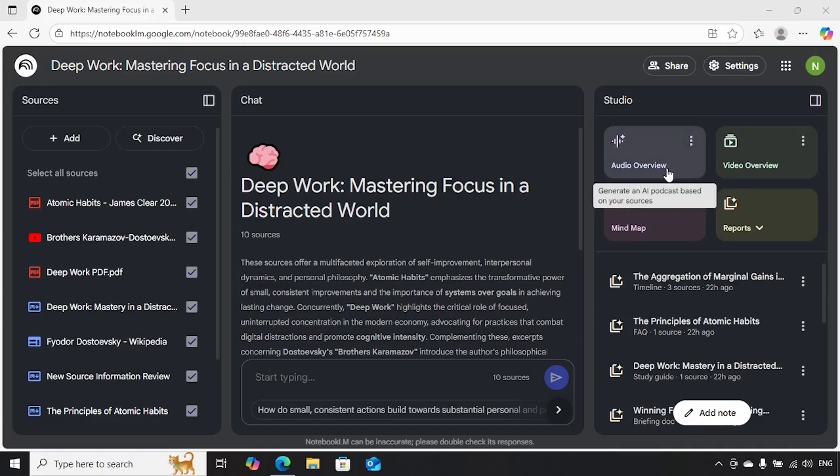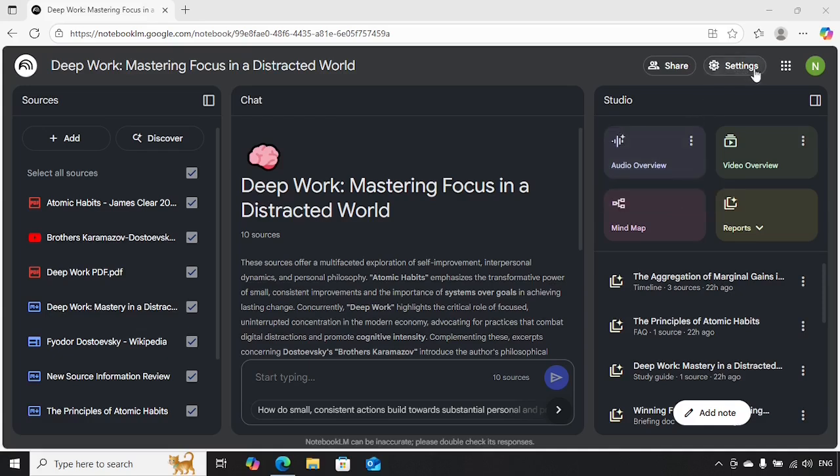overview to a different language. So what I mean to say is, after generating audio overview, you can listen to the audio in a different language. It may not be English, or it need not be English. It can be German, it can be French, it can be Spanish, or it can be any other language. So if you are someone who likes to listen to podcasts or audio, then what you can do is,